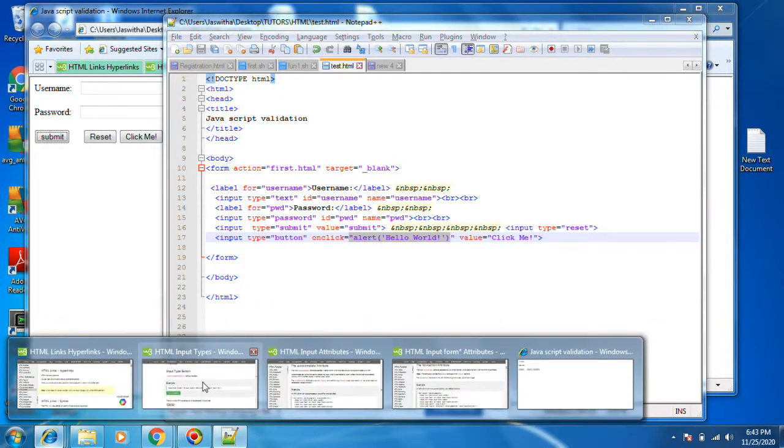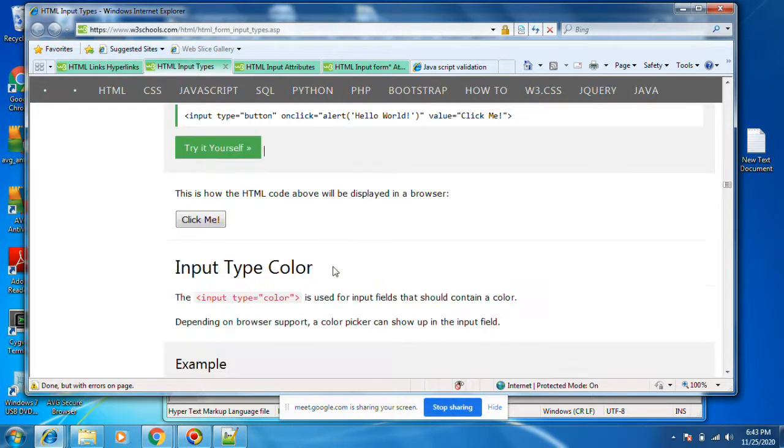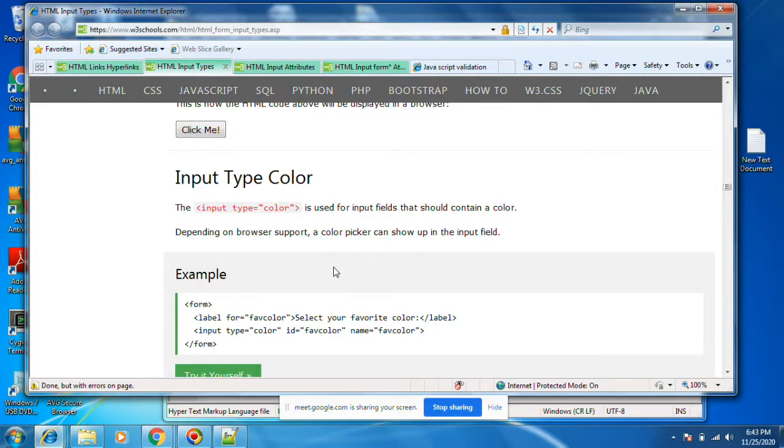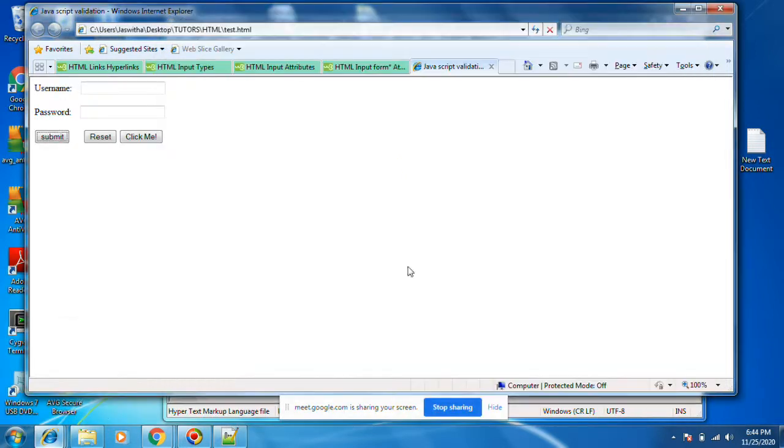Next thing will be type equals color, used for input fields that should contain a color. Let's see input type equals color, some color type. I saved the document, refresh here.